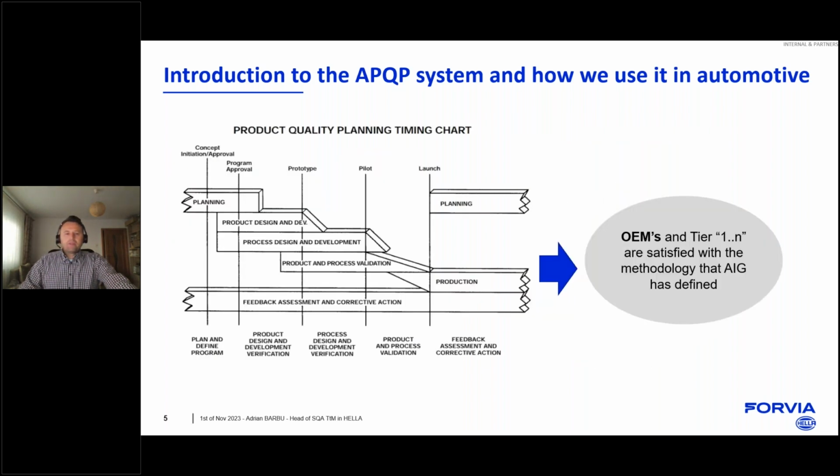Good. Then going to the next slide, we always consider the product quality planning in a timely manner. So it's always depending on how we are developing our products within a given time frame. We always have to consider the program management expectation based on the customer requirements, and also from the cost point of view.